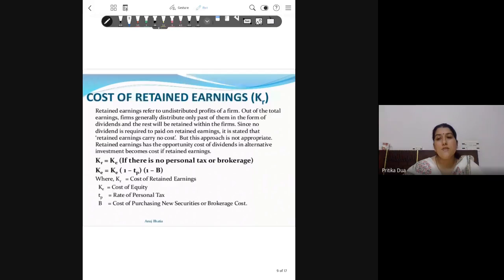So they expect that these funds will be reinvested at a higher rate of return than what could be earned by them. So if I am expecting that if I'll be getting dividends from the firm and I'll deposit them in say an FD at 7%, and the firm is not giving me the dividends, I will expect that tomorrow when I receive dividends from the firm, then the implicit growth rate should be more than 7%.